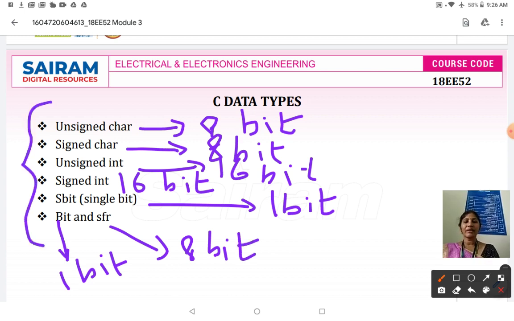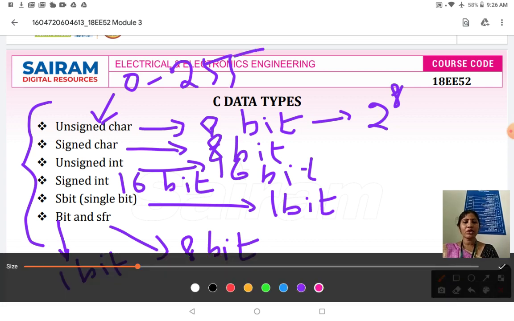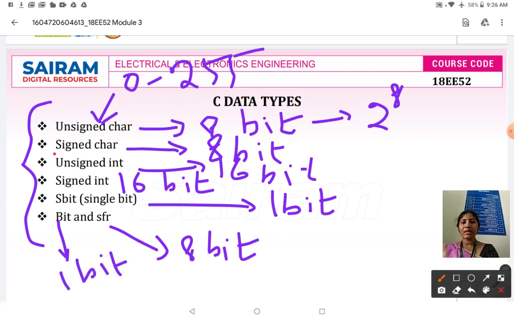The data range will also differ for each data type. For example, unsigned char is 8 bit, right? If you take 2 power 8, you will get 256. Therefore, the data range for unsigned char is from 0 to 255. Next is signed char.